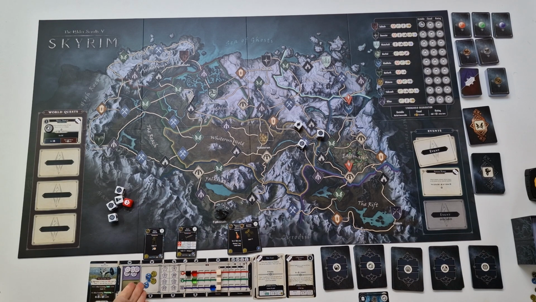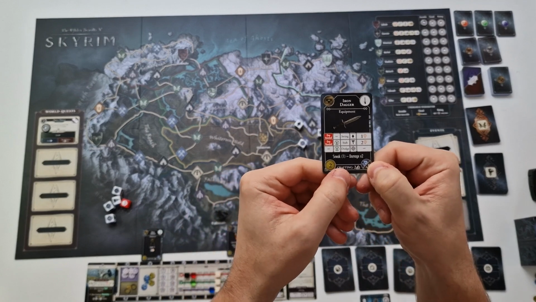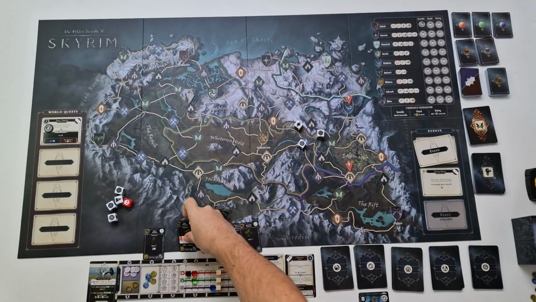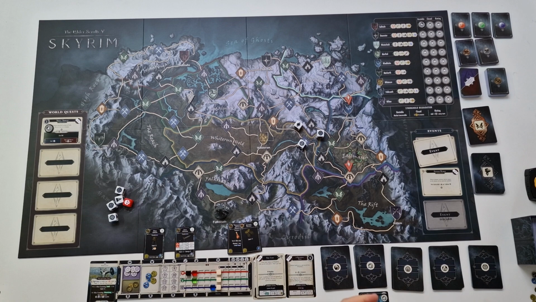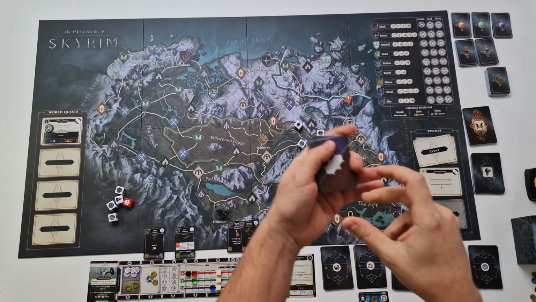And I've just obtained 2 crystals. And my iron dagger says that I can upgrade it using 2 crystals. So this is what I'm going to do right now. So I will spend the 2 crystal components from my character board, and I would draw 1 top card from